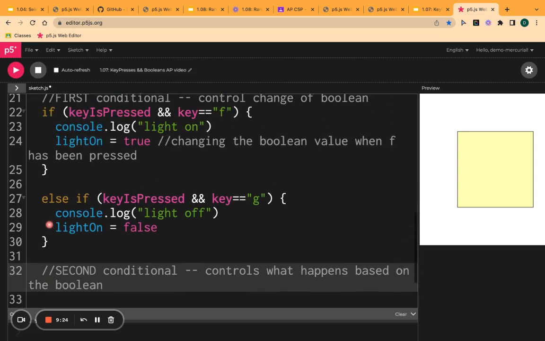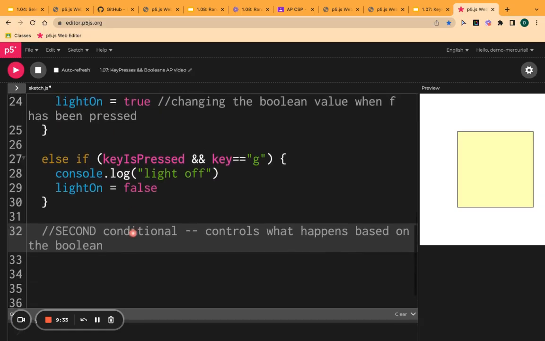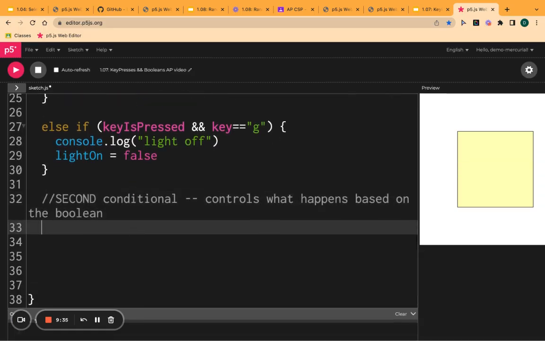Now, I will say I didn't have an else here because I don't actually care what happens if I'm not pressing any key, because it will either be true or it will be false. So I'm going to start with like the light is on. If the light is on,